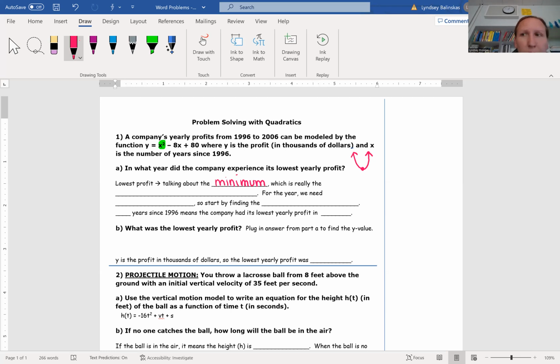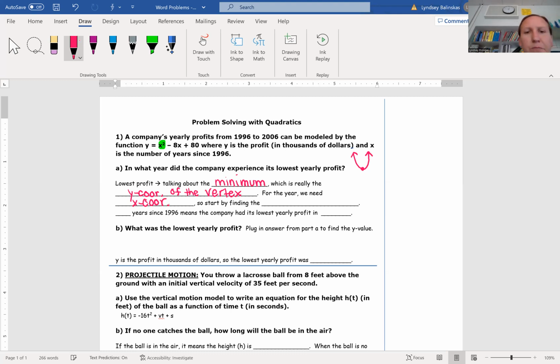And the minimum of the parabola is really just the y coordinate of the vertex. And if it's asking for the year in which that happens, okay, x is the number of years since 1996, that's really going to be talking about the x coordinate